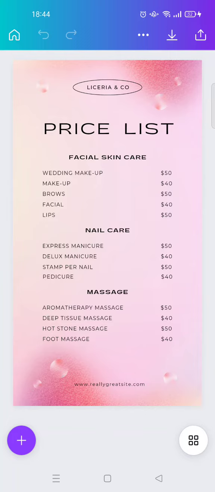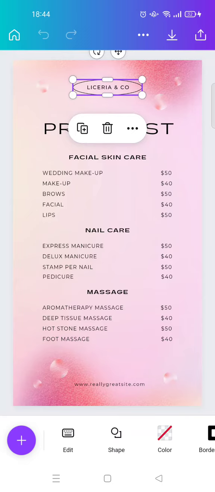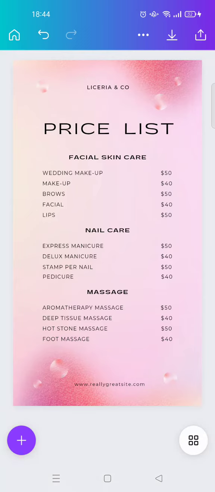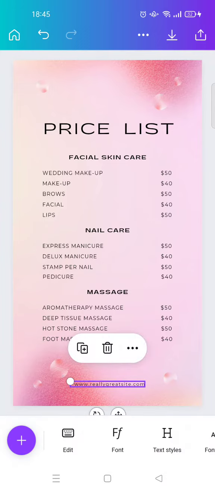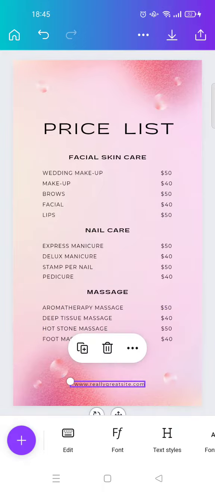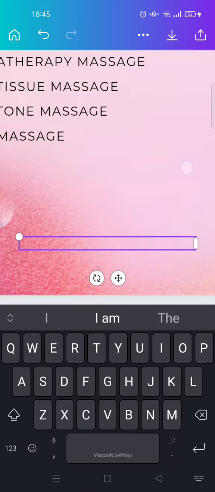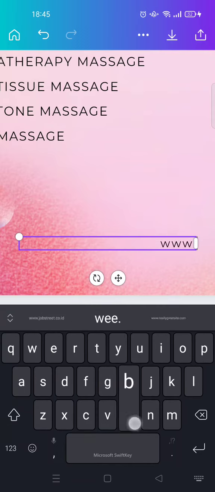Okay, so in here you can just start by maybe changing some of the items from here, or you can also add your own logo. You can delete this one and add your own logo to the template. Okay, I'm going to add, for example, my website in here. You can just type in